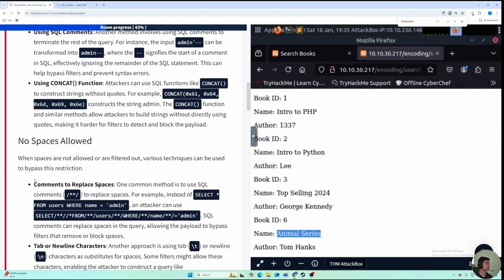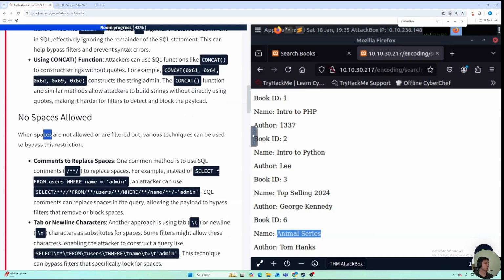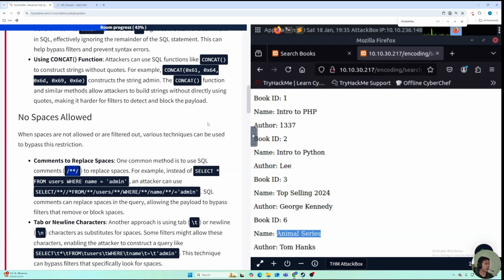No space allowed. When spaces are not allowed or are filtered out, various techniques can be used to bypass the restrictions. Comments to replace the spaces. One common method is to use SQL comments. So this is used for block comments, whereas the double dash is only used for a single line comment. For example, instead of select everything from user where name equals admin, attackers can use select and then these two